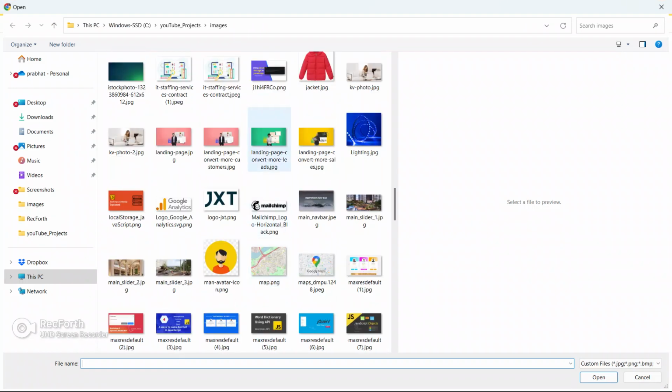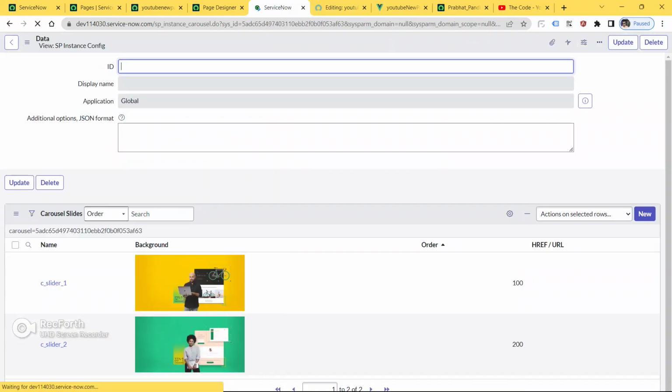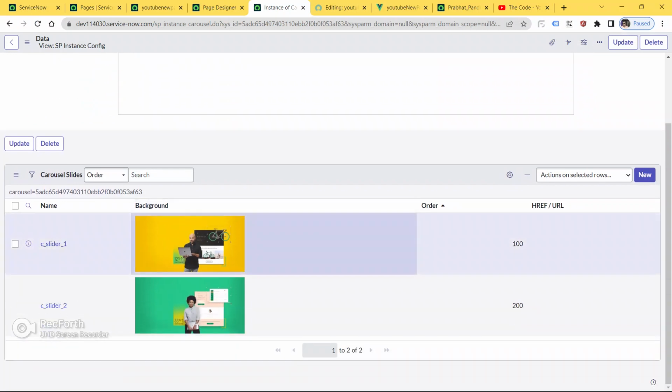Click on the button choose file. I'm gonna choose this image first. Click OK. Click on the button update.